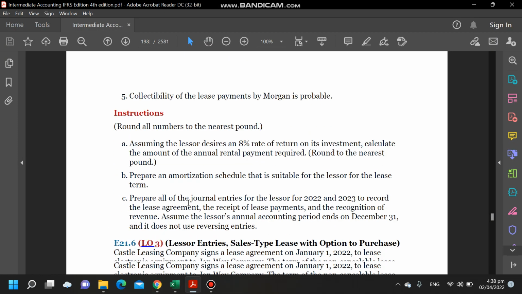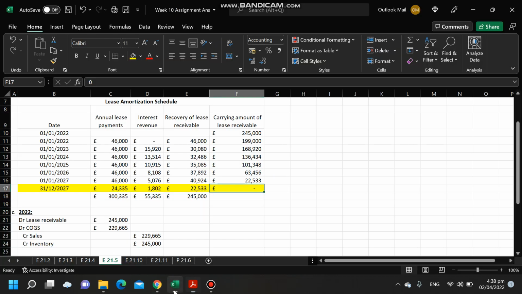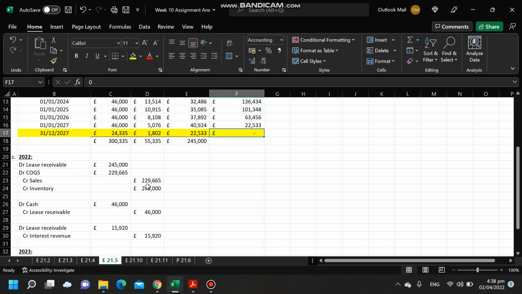And then C. Prepare all of the journal entries for the lessor for 2022 and 2023 to record the lease agreement, the receipt of lease payments, and the recognition of revenue. Assume the lessor's annual accounting period ends on December 31st and it does not use reversing entries. So we need to record what happened in 2022. In 2022, we are leasing the asset as the lessor. So debit lease receivable 245,000, and then you will debit the COGS of